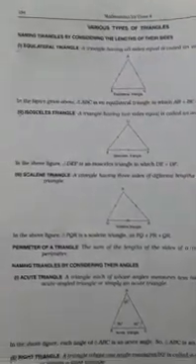A triangle having all sides equal is called an equilateral triangle. That means if we take triangle ABC, then AB should be equal to BC and it should be equal to CA. All three sides should be equal, then only it will be an equilateral triangle. Next is the isosceles triangle. In this triangle, there should be two sides equal. That means if we name the triangle DEF, then DE should be equal to DF. At least two sides must be equal, then only it will be called an isosceles triangle.